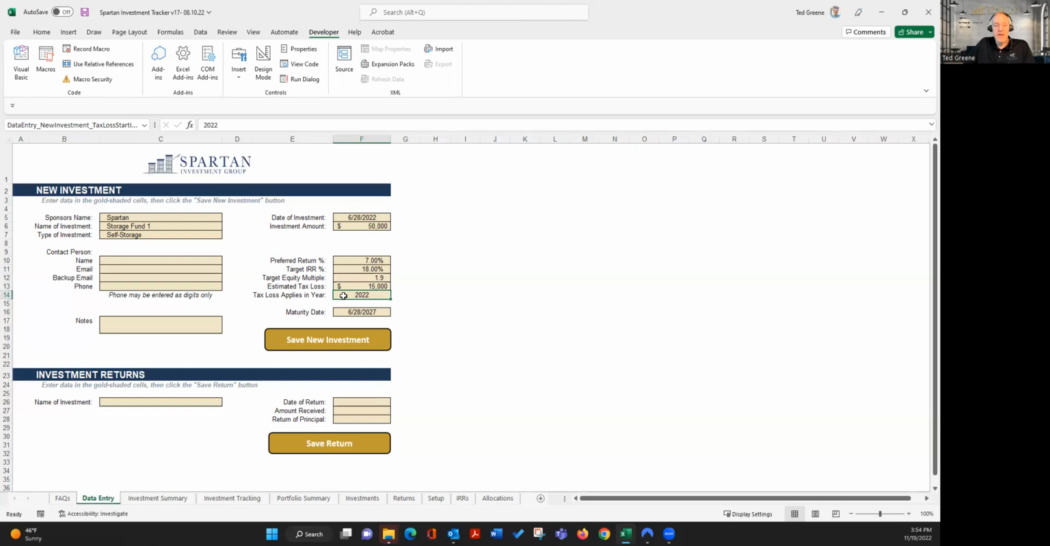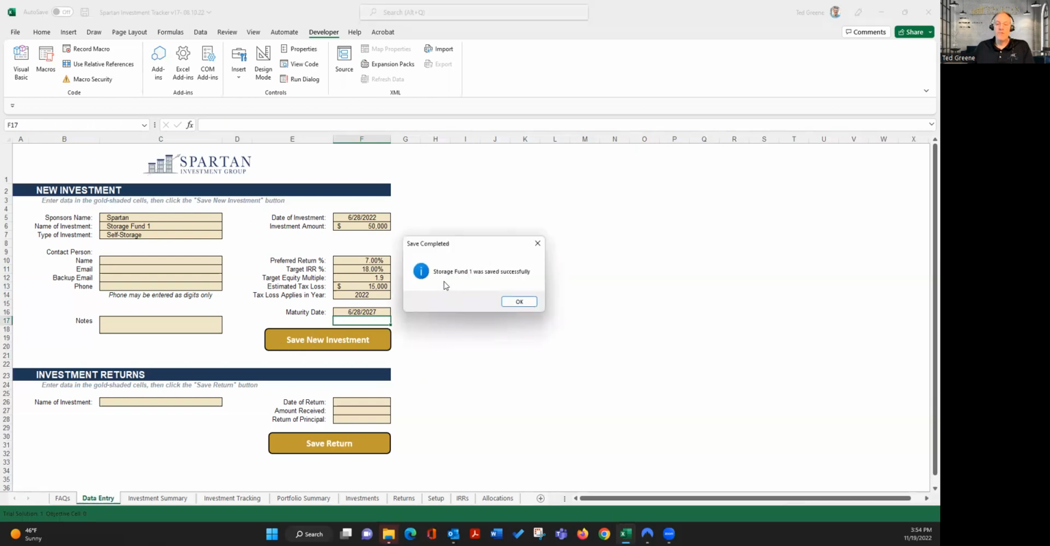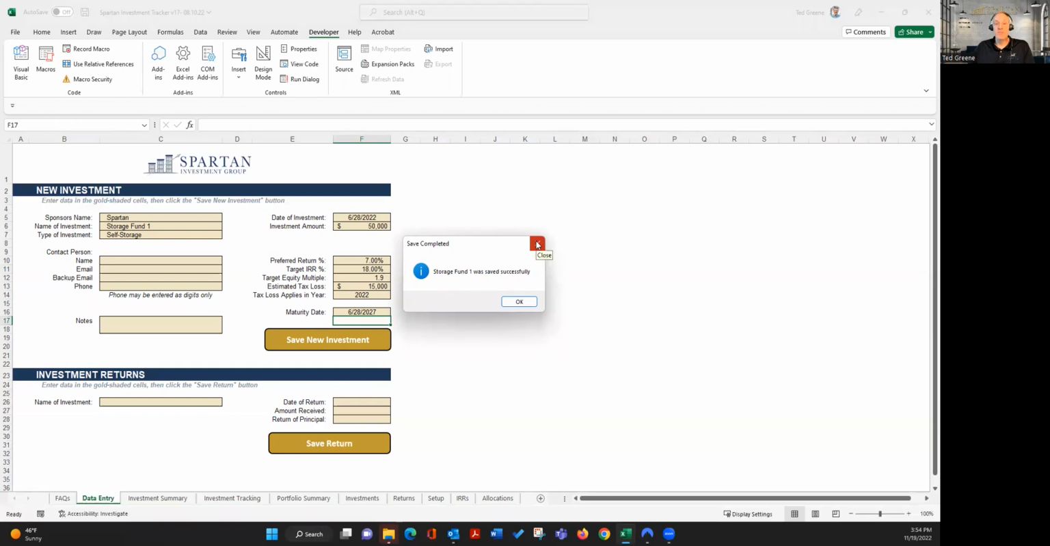Fun fact: as new units go into service in any investment, as soon as you have a certificate of occupancy, that's likely going to trigger an additional stream of bonus depreciation. Regardless, for this example, 2022 is what we're using. The maturity date, that's a guess. So I've entered this information, and now let's hit enter, and voila, now we've got an investment that has been